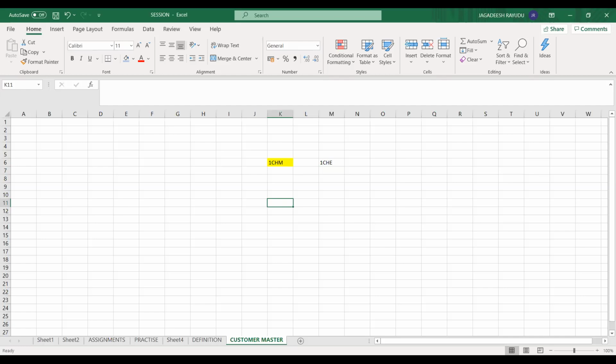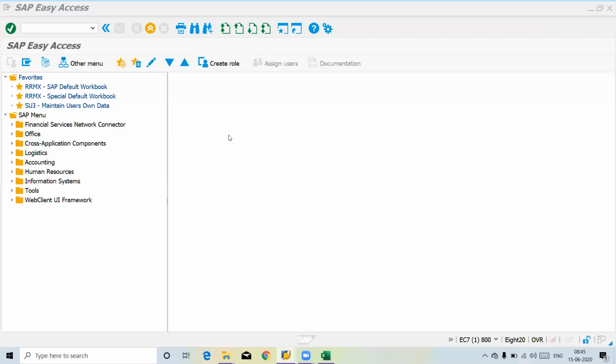Okay, let me share my SAP screen. What is the transaction we are using for customer master? This place is called the SAP Easy Access Menu.